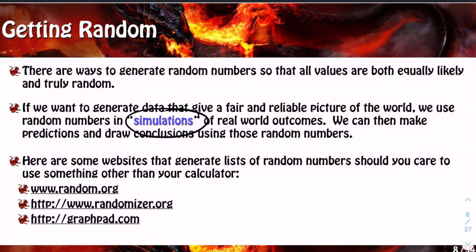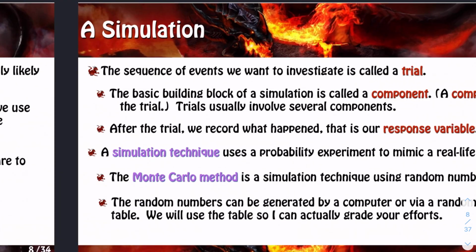We can then make predictions and draw conclusions using those random numbers. So here are some websites that generate lists of random numbers. You should care to use something other than your calculator. You can do random.org or randomizer.org or graphpad.com. We're going to stick with either the TI-84 or the TI-Nspire, and I will be demonstrating how to use the